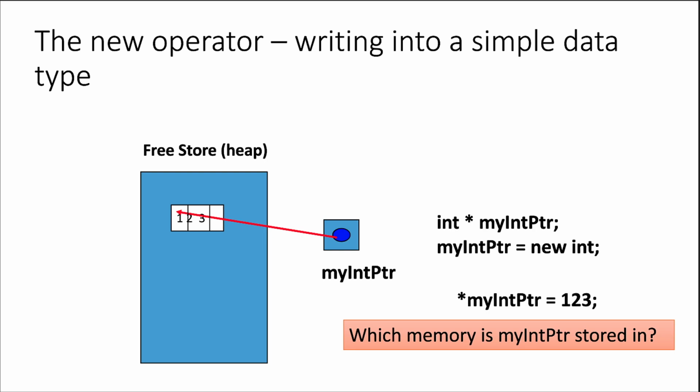Right. So I expected your answer to be in this way. Assuming my int pointer to be local to a function, it will be in stack memory. And if my int pointer was global, then it would be in the static memory. And very clearly, it is not a part of the heap. I wanted you to be sure that my int pointer is not a part of the heap memory. My int pointer is a part of other memory, that is either static memory or stack memory.